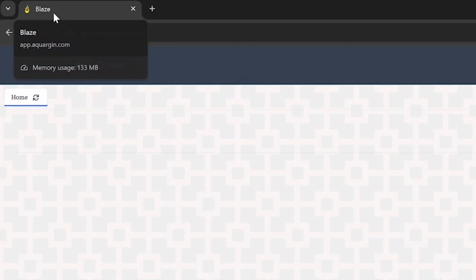Aquargen uses the platform Blaze, which means blazing fast. This is a complete no-code platform. The tabs you see above are known as objects. Objects are database tables that store business-specific data, and fields are the columns within those tables that hold specific pieces